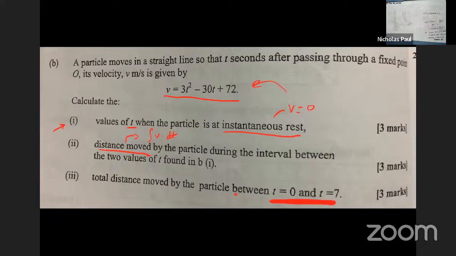All right, let's check out part 1 and 2. Let's check out part 1. So they said when instantaneously at rest means v is 0. So that'll be 3t squared